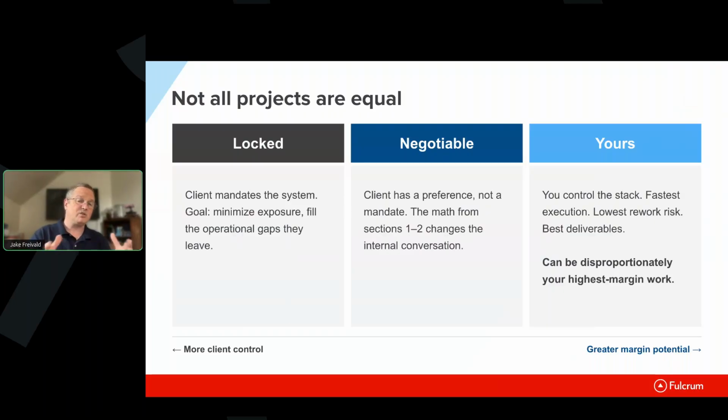And then you start to work on the negotiable side and say, hey, you know what? I see how having control of this makes my work better and therefore makes your outcomes better. So I would like to negotiate with you such that I'm going to do the following, and you're going to allow me not to use your software stack, and you'll get the following benefits as a result. So that negotiable part also becomes better the more internal case studies you build, the more knowledge you build on the projects where you actually own the entire stack.